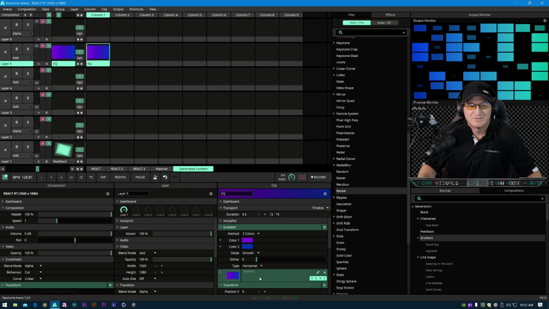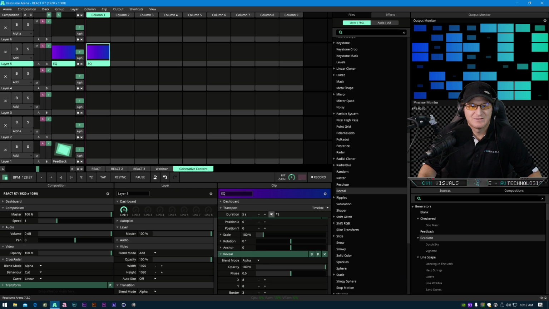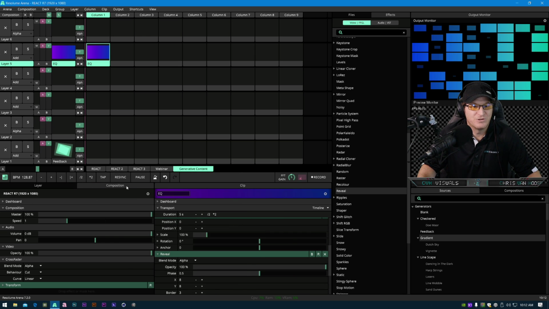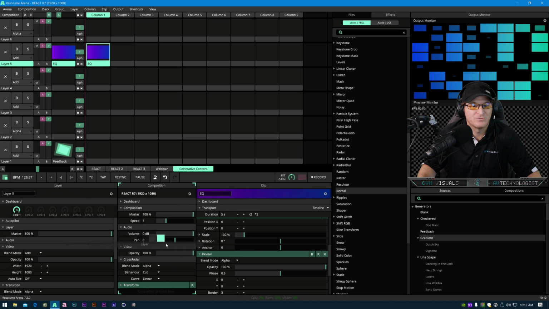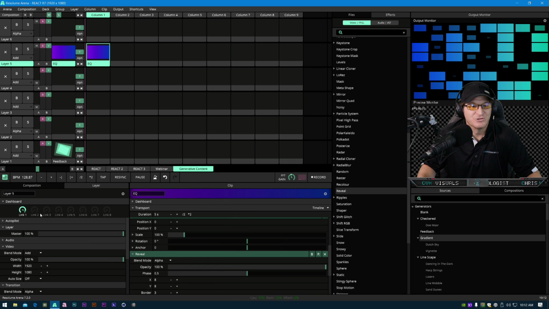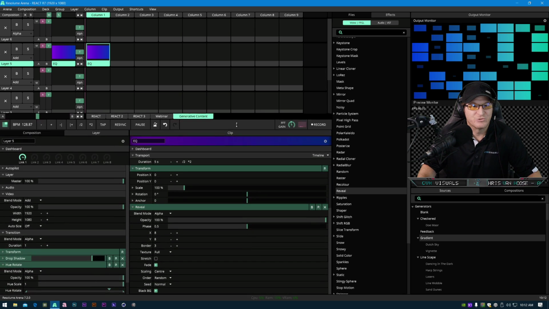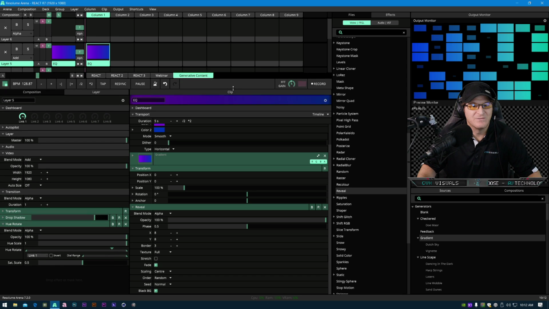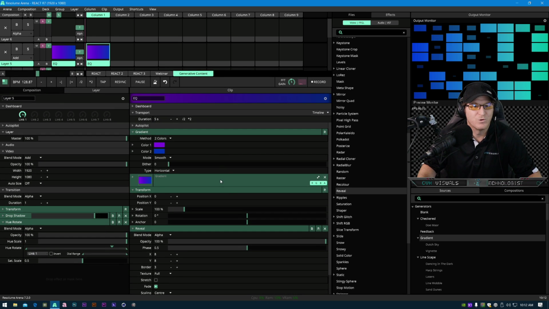what I started with, and there is, let me get rid of some of these here. Let me just move around. You can rearrange your panels here also. If you just grab your panel, you'll see the two dots, and you can drag it into a panel to combine panels together. That way it gives you a little bit more room to work with. So I'm going to do that so you guys can see it a little bit better. I am going to drag this up a little bit so we can see most of the effects that I'm working with here. I'm going to hide the gradient colors for now,